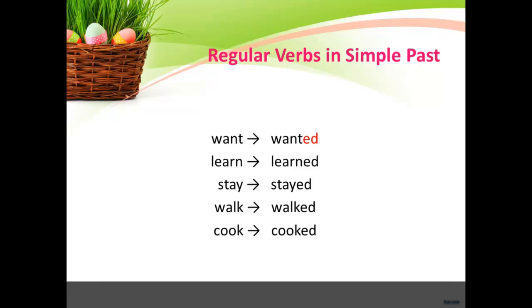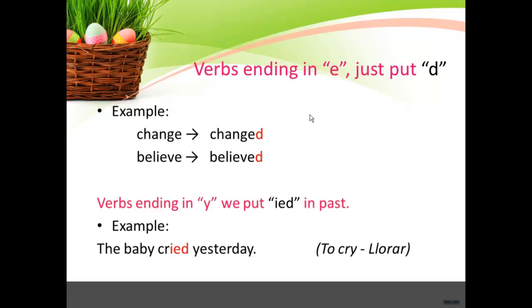So if you see the regular verbs in simple past, we're just going to add the ed. Want, wanted, learn, learned, stay, stayed, walk, walked, cook, cooked. Now, for verbs that end in E, we're just going to put a D. For example, change, changed,